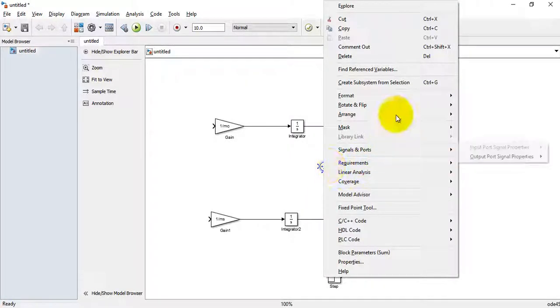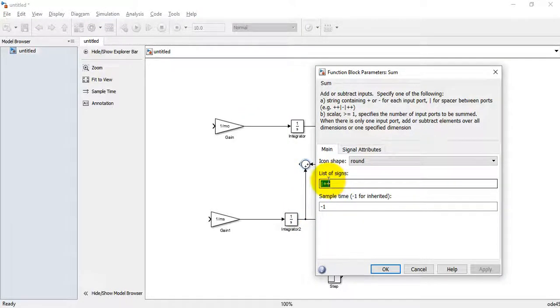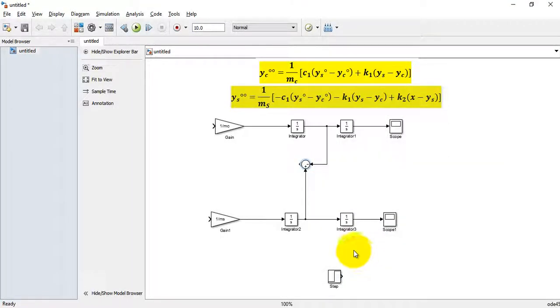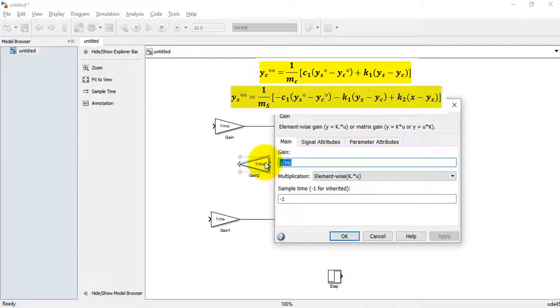So first I will flip this block and I will take the signal. This is yc dot and this is ys dot, and I need to change the sign. Yc dot is in minus, and the output of this signal will be multiplied by a gain block, which is k1. So I will copy this, right click and flip. This is k1,